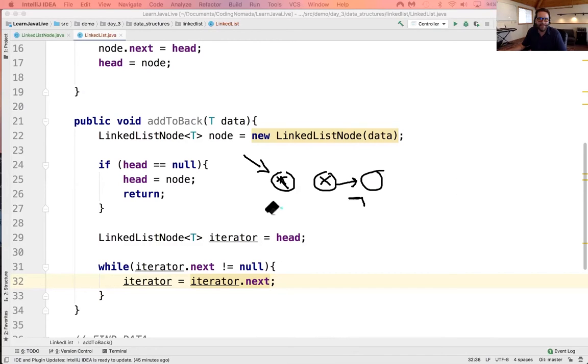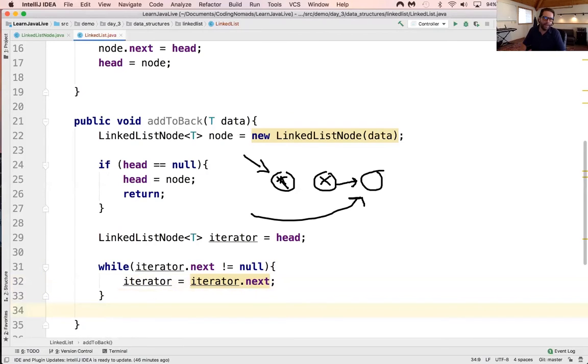And in this case, we say, dear iterator, which is currently the third node, is there a .next? Is .next not equal null? No, .next is null. There's nothing over here. So at that point, we can exit the loop, right? And when we exit the loop, we know for a fact that we're at the end of the list. We know that iterator will point to the last element in this linked list, at which point we can just